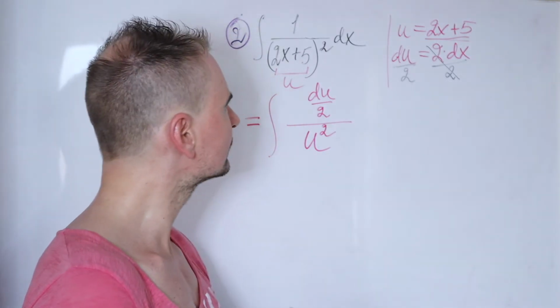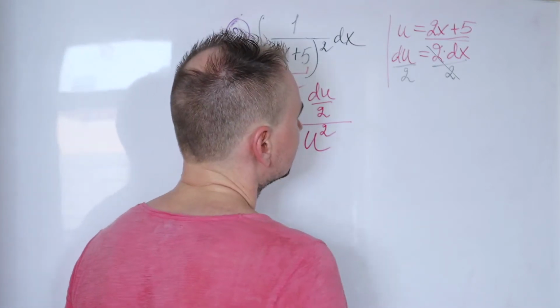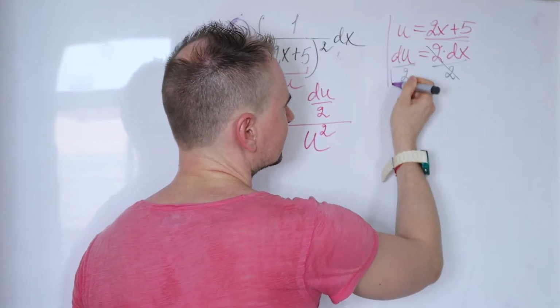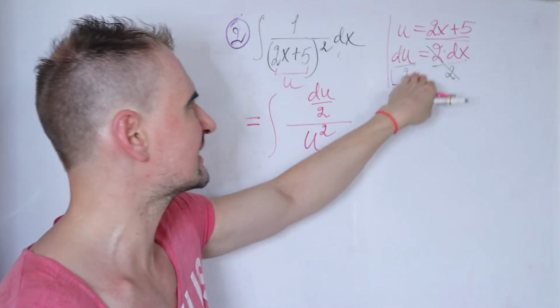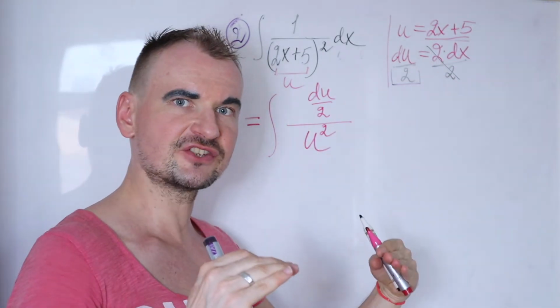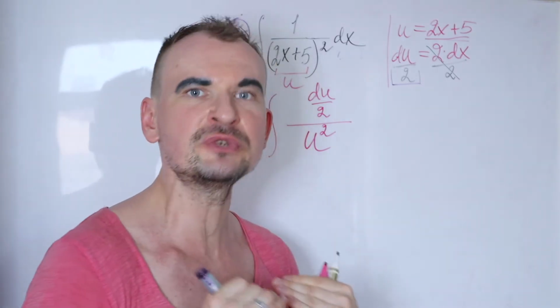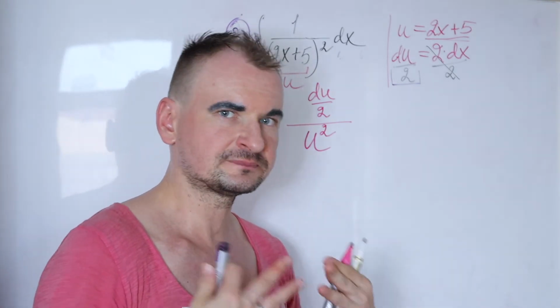So instead of dx, I'm going to write du over 2, since your dx is precisely du over 2. So everything is replaced, we don't have any x, we have a completely new integral, and at this point